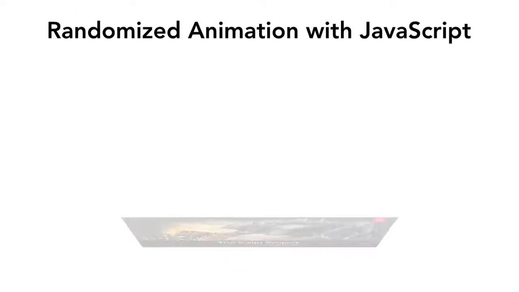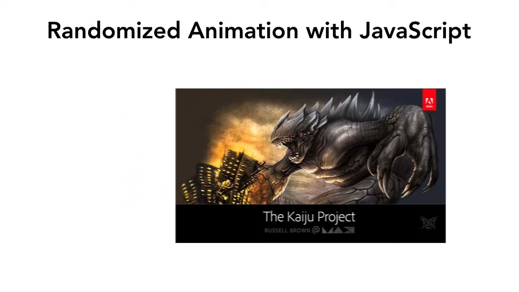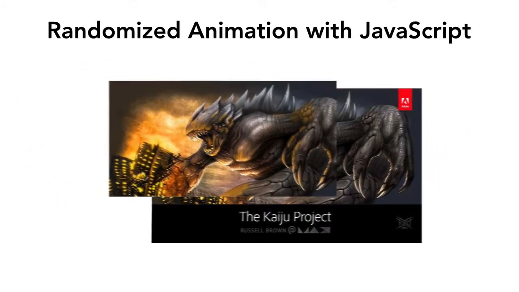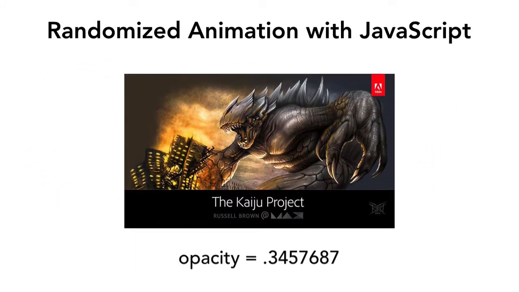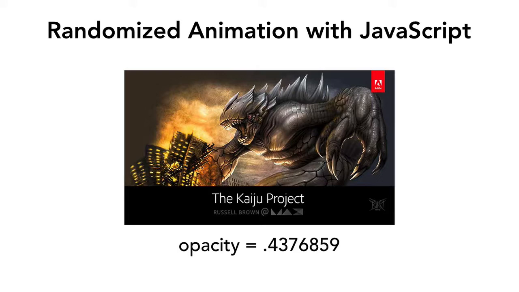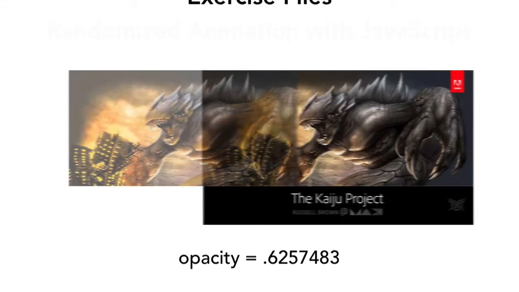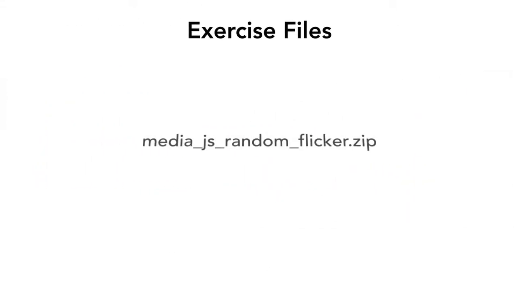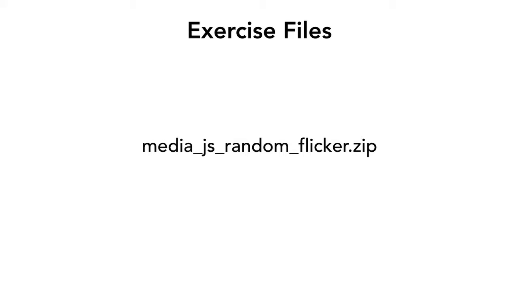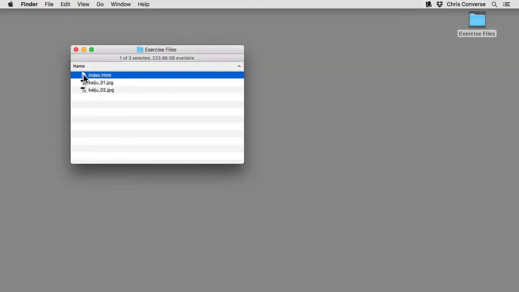Hi, this is Chris Converse, and in this episode, I'll show you how to create a randomized animation using layered images and a small amount of JavaScript. Now, we used this technique for a mobile web application for a past Adobe Max conference and thought you might like to see how it was done. So if you'd like to follow along with me, download the exercise files, and let's begin by opening index.html in